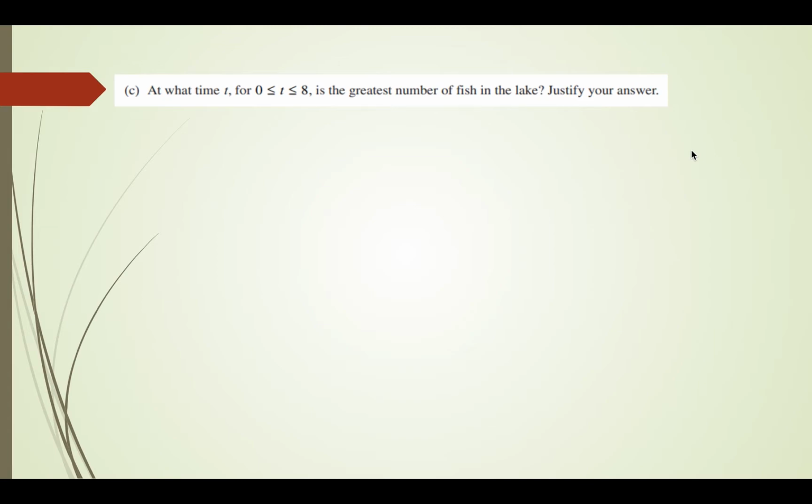Now the way max and min problems work is that you want to take the function you are trying to maximize or minimize and you take the derivative of that and set it equal to 0 to find your critical values. So in this case, we don't have a function that tells us the number of fish in the lake, so I'm going to come up with one on my own, and here is what that function is going to